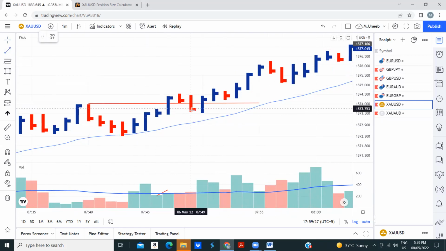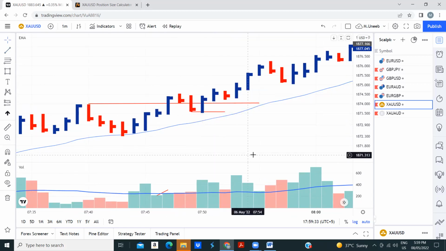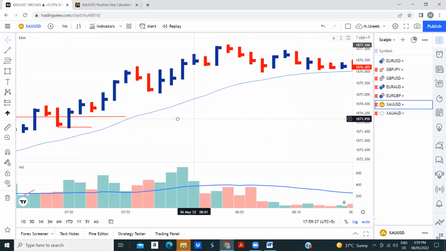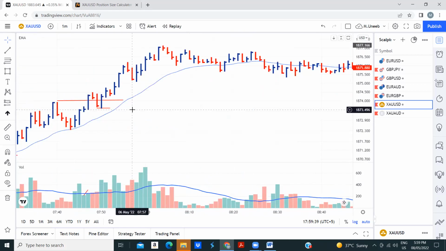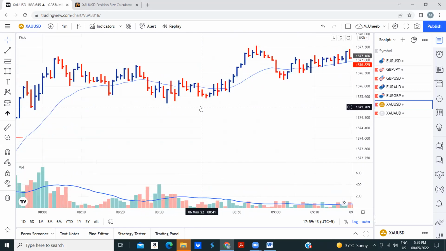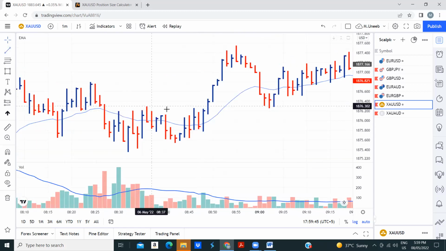Now, what is this one? Key reversal. Do you remember key reversal? Yeah, this is key reversal. Similarly, if we can see any kind of distribution phase here, if you draw a small range here like this,